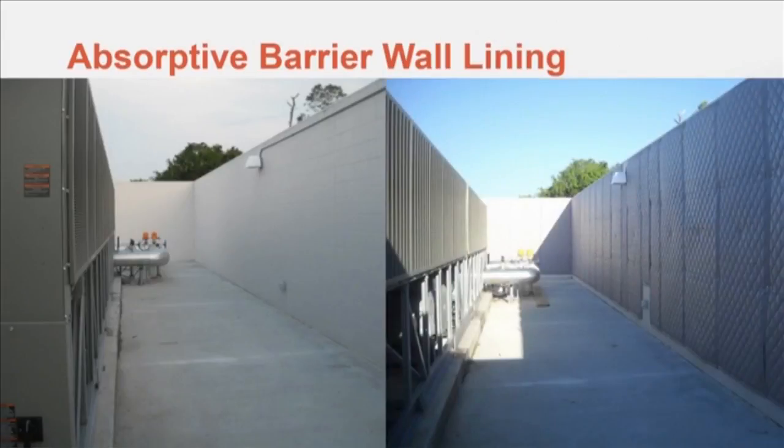Weather-resistant sound absorptive liner is permanently attached to the walls. The addition of acoustically absorbent material to the walls will reduce the amount of sound reflected from the wall. I realize that was a long answer to what seemed to be a pretty simple question. It sounds like how the wall is constructed, both the shape and the quality, are just as important as the